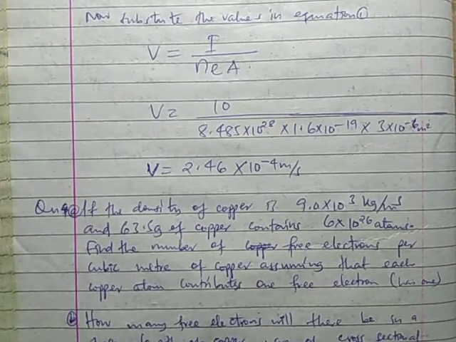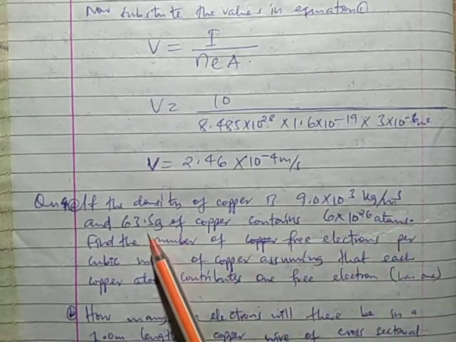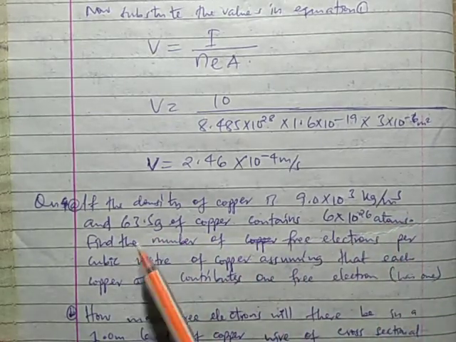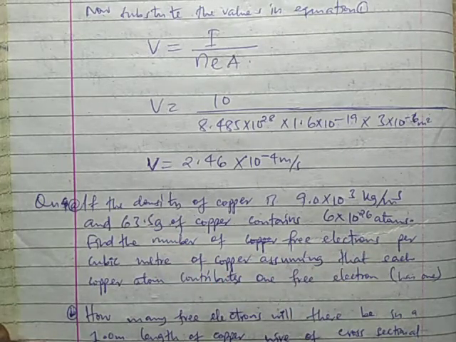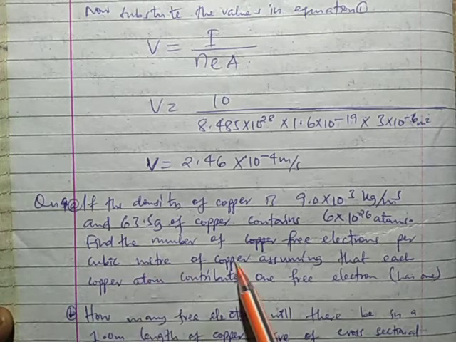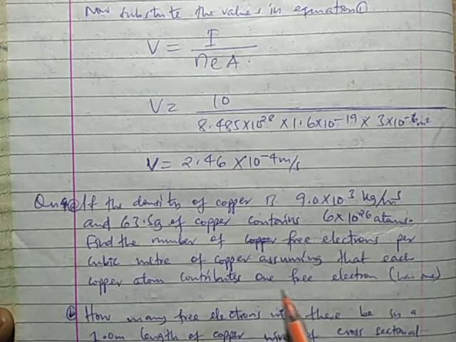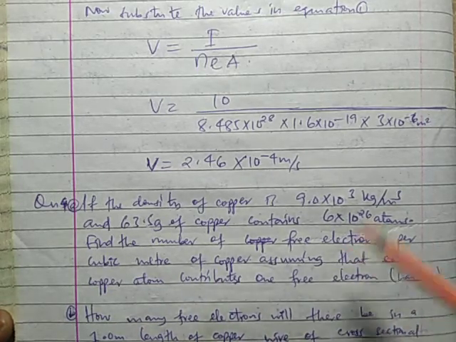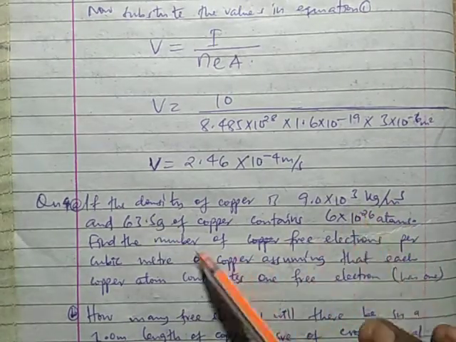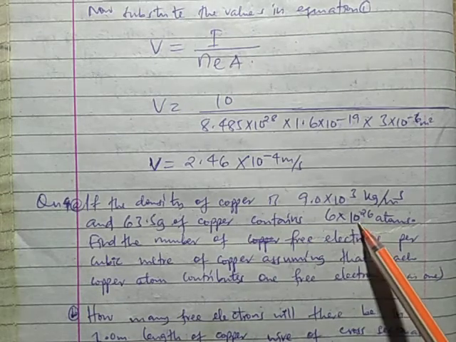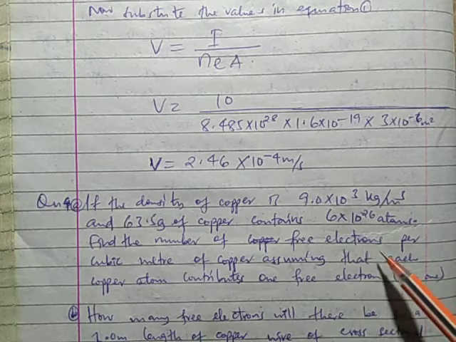Swali la 4 tunasema if the density of copper ni hapo, tumepewa density again, and huyo hapo of copper contains hapo. Tumepewa mass, tumepewa atoms, ambao number of atoms tunasema ni sawa na number of electrons. So find the number of free electrons per cubic meter of copper, assuming that each copper atom contributes 1 free electron. Swali ni kama tu hapo juu. Maana tumepewa mass, tumepewa density. Kwa mass na density tutapata volume. Then number of atoms ni sawa na number of electrons. Kwa ukichukua number of electrons divided by volume tunakuja kupata